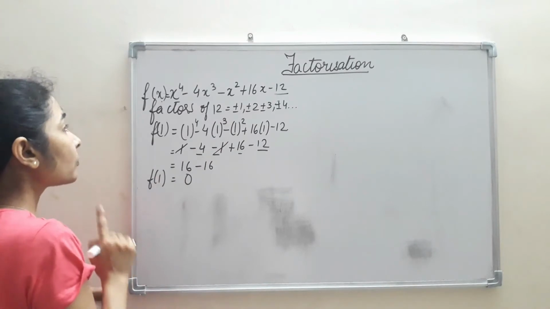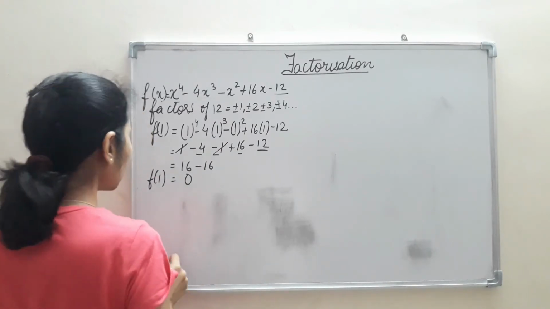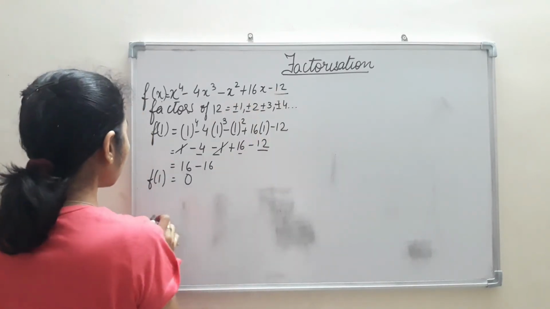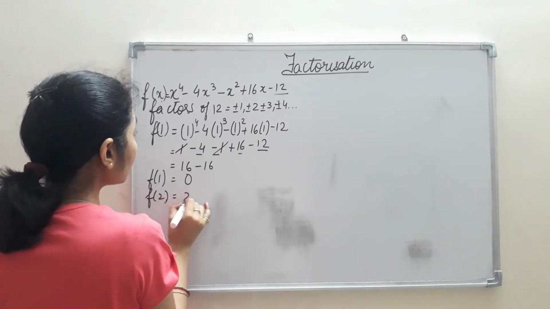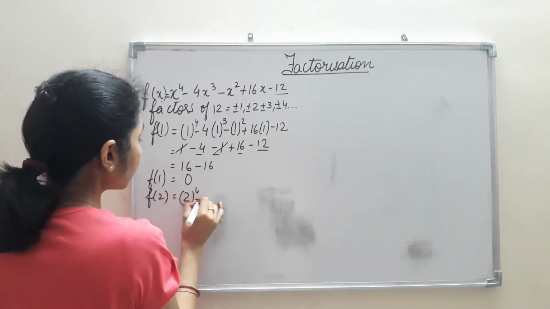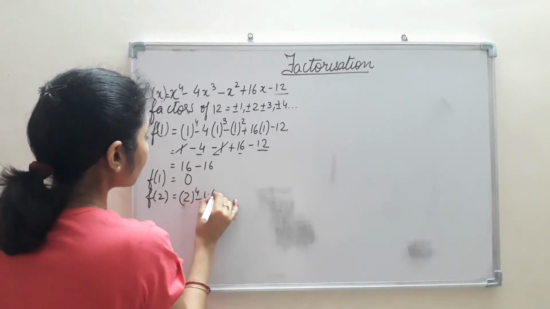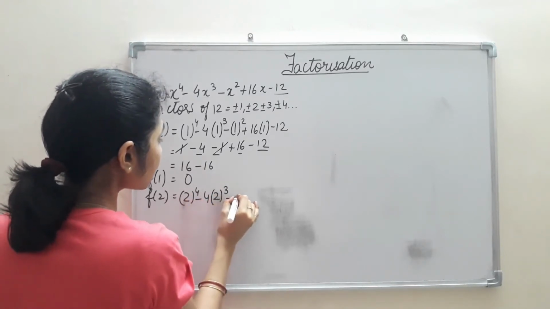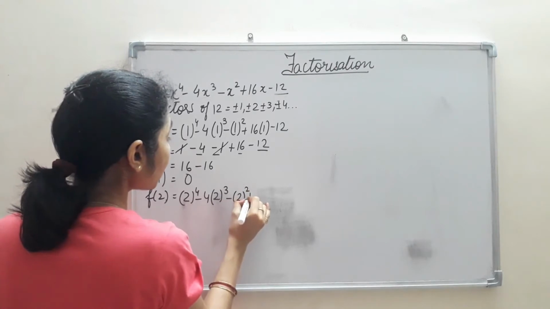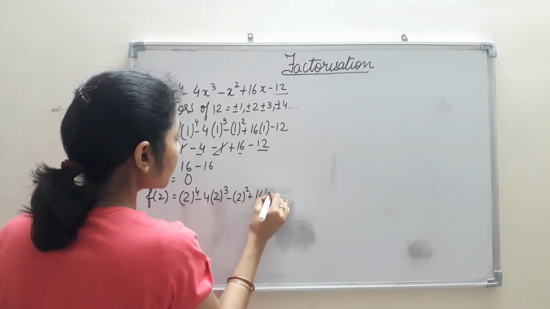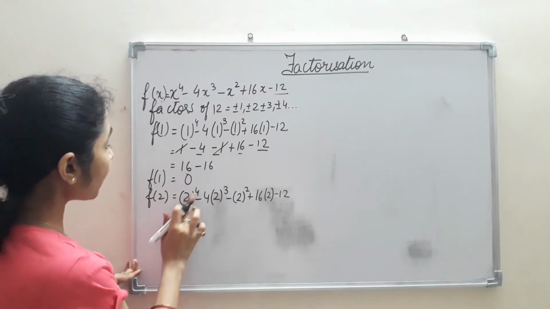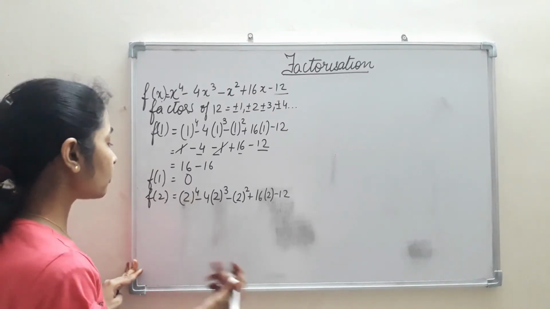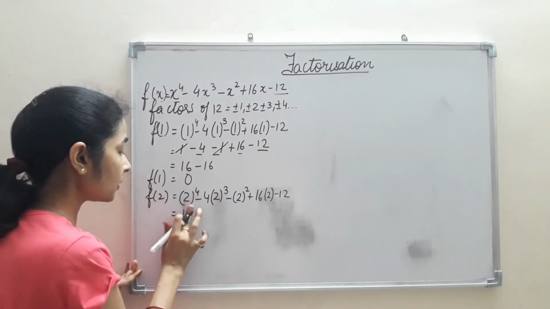Okay, now trying with 2 also, because 2 is also a factor of 12. So f(2) is equal to 2 raised to the power 4 minus 4 times 2 cube minus 2 square plus 16 into 2 minus 12. Now 2 raised to the power 4: 2 2s are 4, 4 2s are 8, 8 2s are 16. So here we have got 16